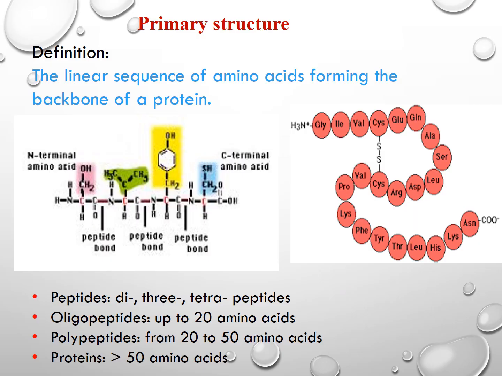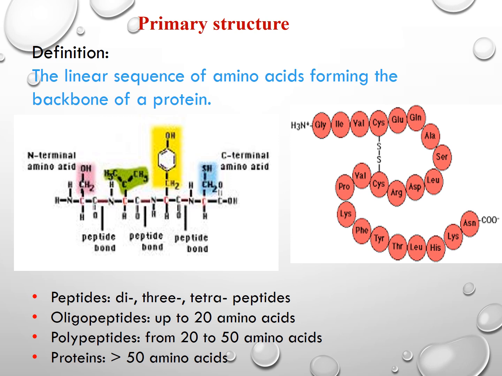The first structure that has to be defined is the primary structure. What does primary structure mean? Actually, primary structure of protein is defined as the sequence of amino acids linked together to form the polypeptide chain. Each amino acid is linked to the next amino acid through the peptide bonds created during the protein biosynthesis process. So, it means that